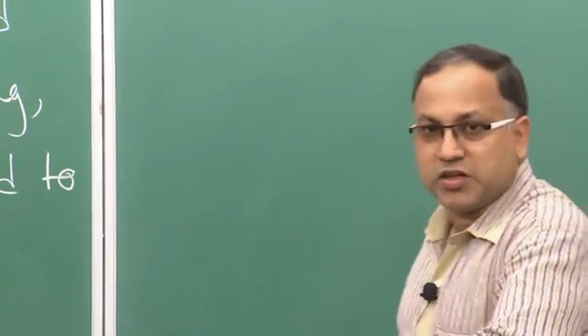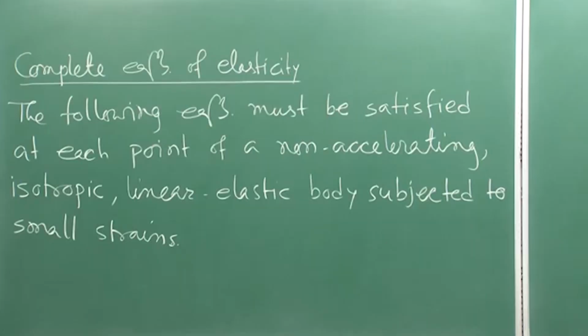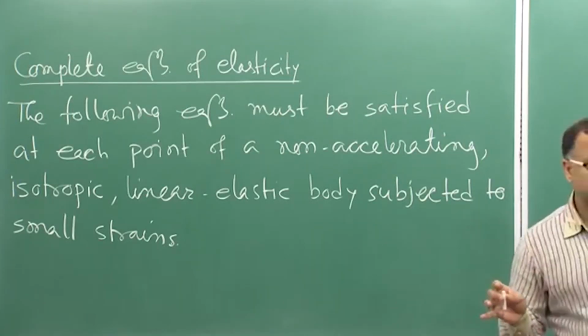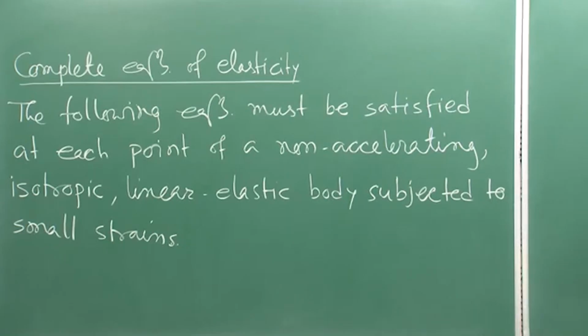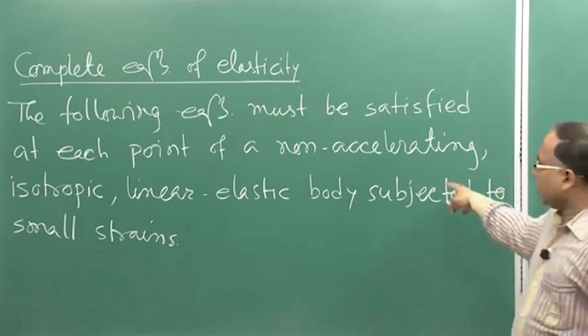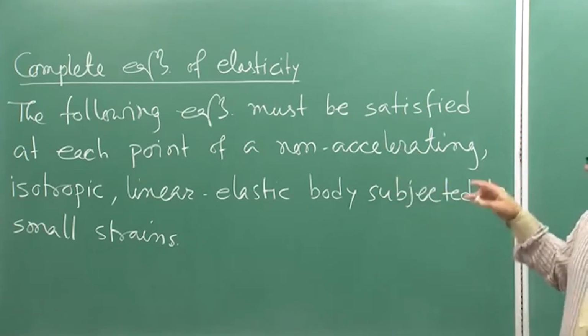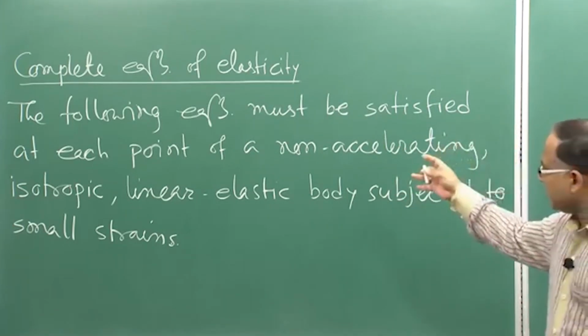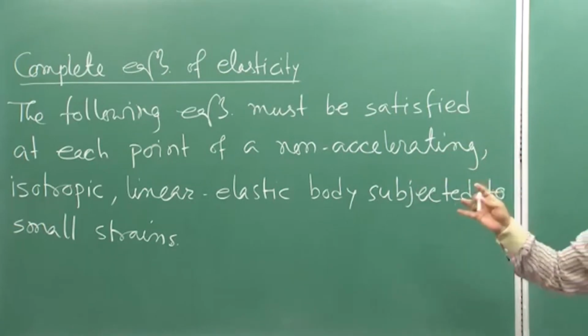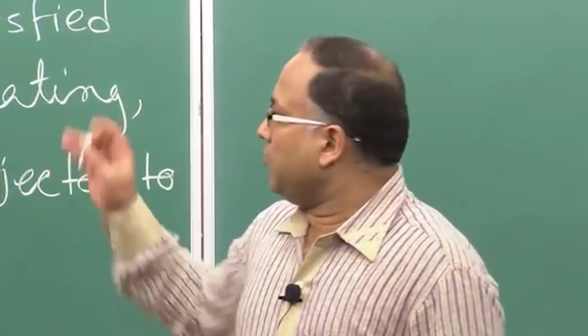The following equations must be satisfied at each and every point of a non-accelerating, please mind it, non-accelerating isotropic linear elastic body subjected to small strain. If you consider all these terms, that is non-accelerating, isotropic, linear elastic and small strain,